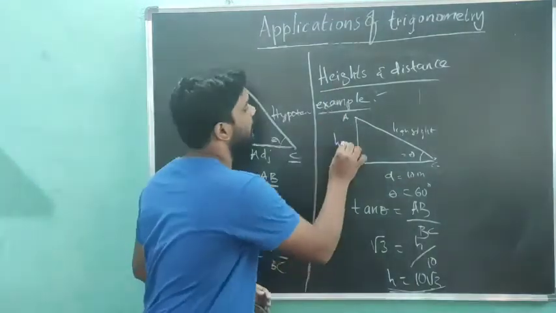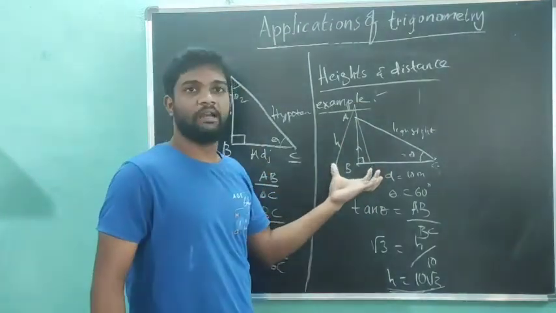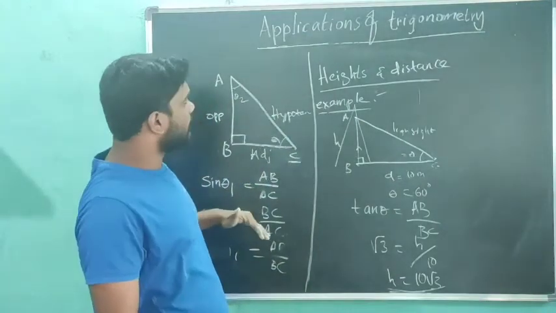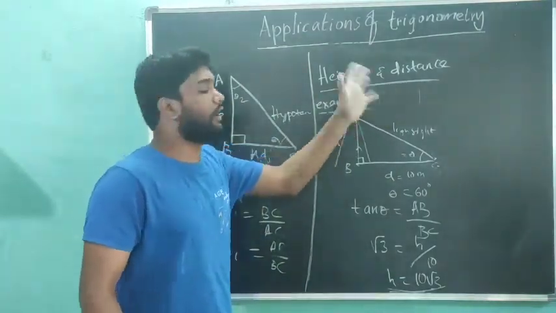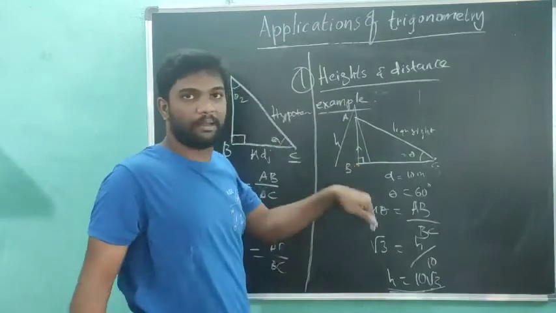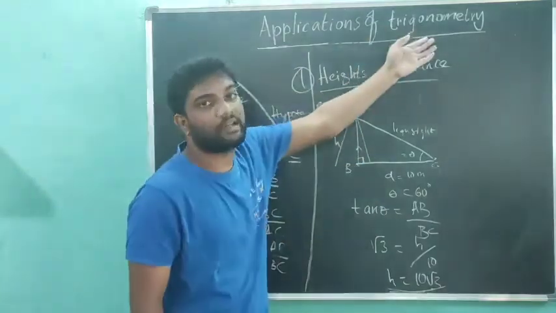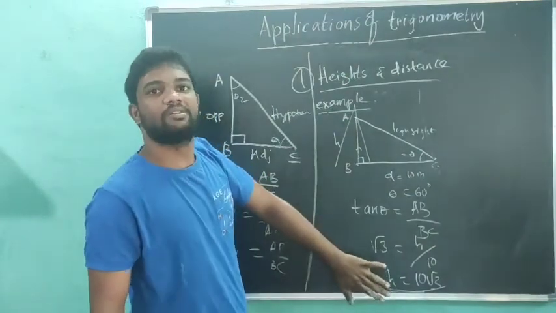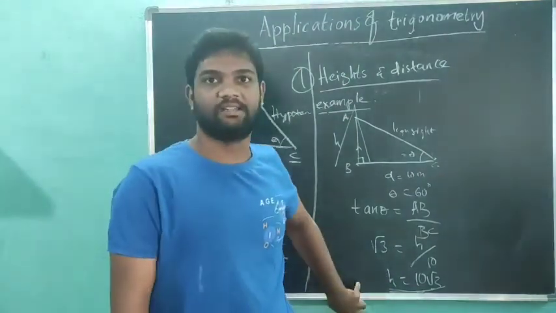Let me consider here a pole, mountain or any other. It is very easy by using these trigonometric ratios to find heights and distances. It is not the only application point; it is one of the applications of trigonometry. In our chapter we mainly deal with this. So it is the basic concepts of heights and distances. Thank you.